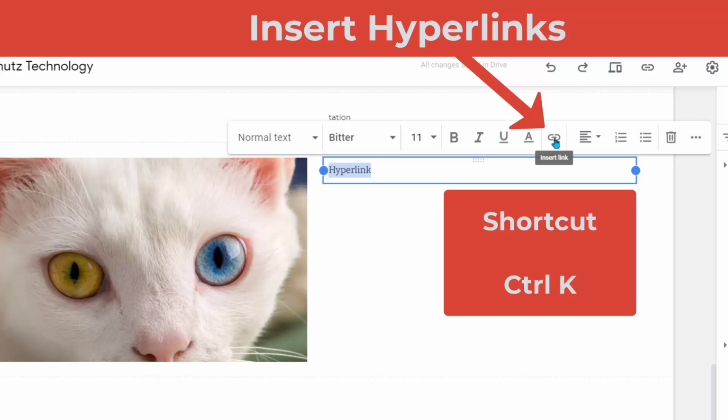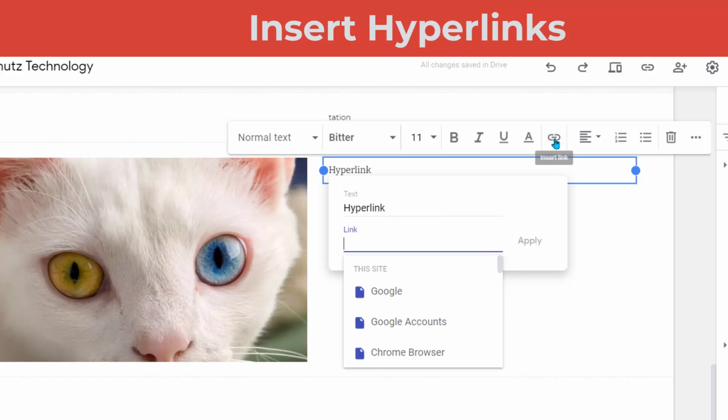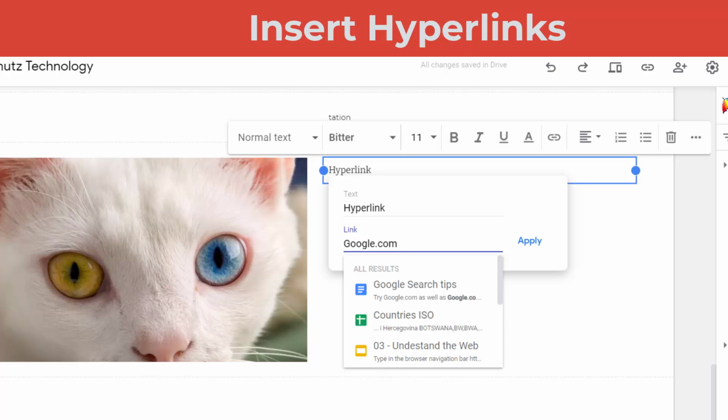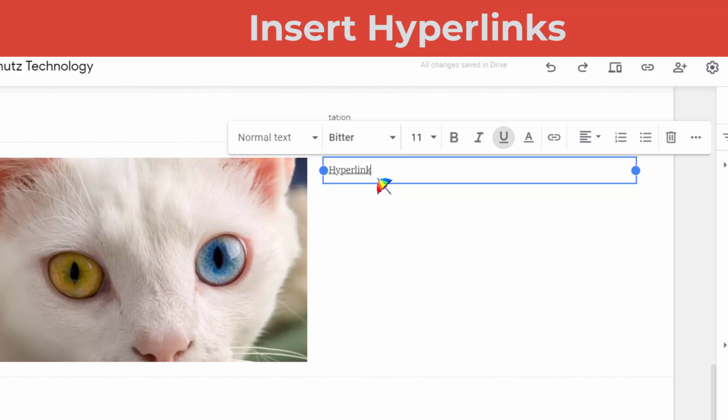You can also use the shortcut Control K or Command K to get to the hyperlink. So I'm going to click on this, and then I'm just going to type in google.com for this, and then I'm going to click on apply. So you see my text is here and my link that I'm adding is here. Then when I'm in preview mode, I'm going to also, wait real quick,